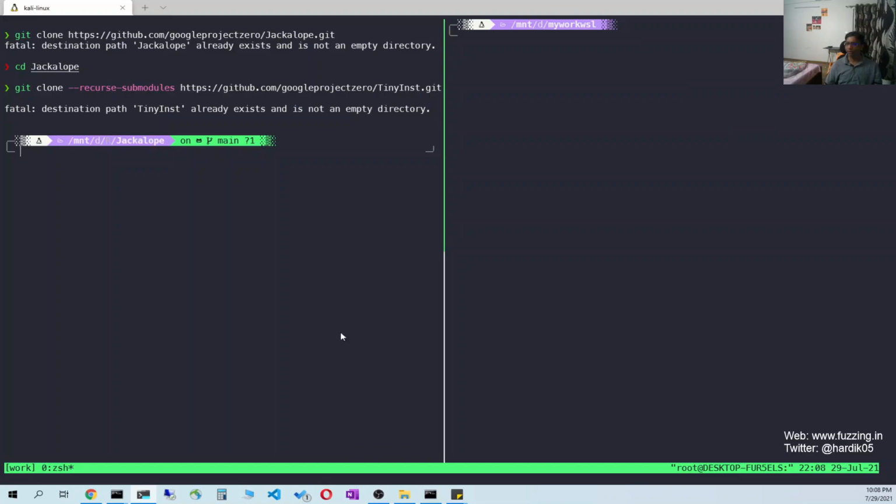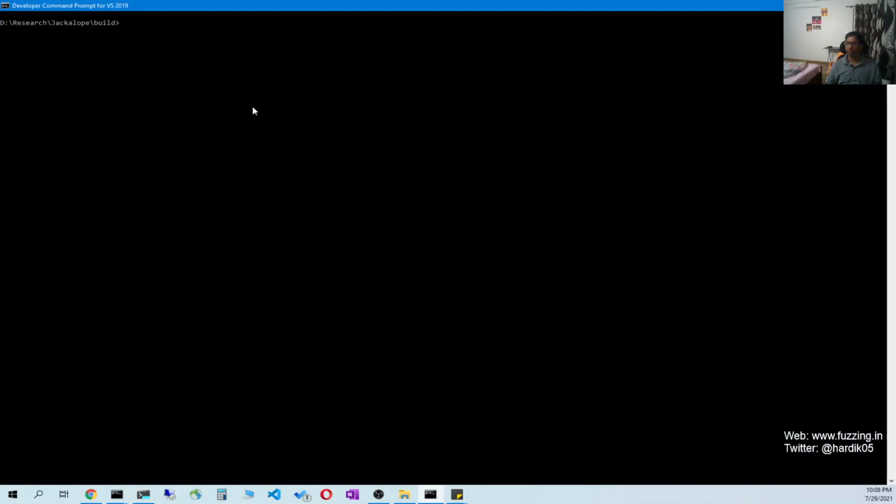Now you need to open the Visual Studio command prompt, which will look something like this. You need to open the Visual Studio command prompt and not the simple command prompt you normally open. This is the Developer Command Prompt for Visual Studio 2019.